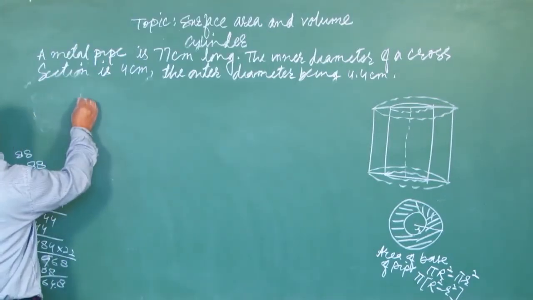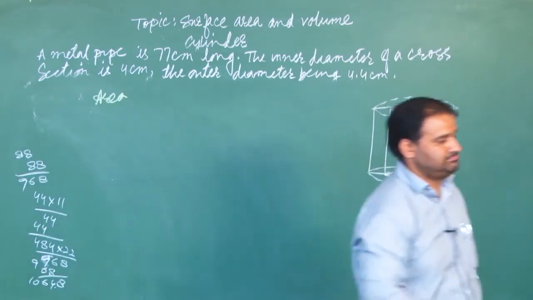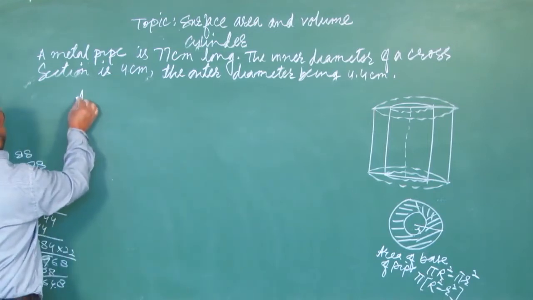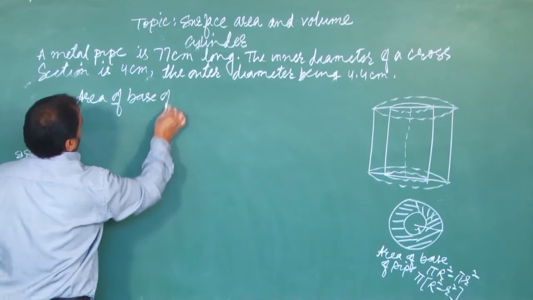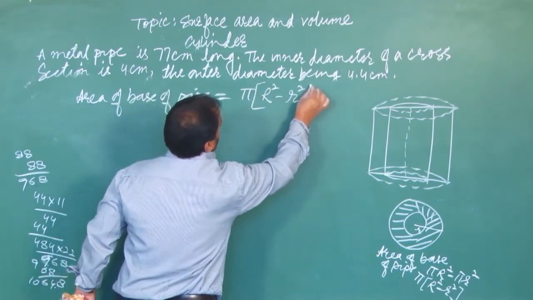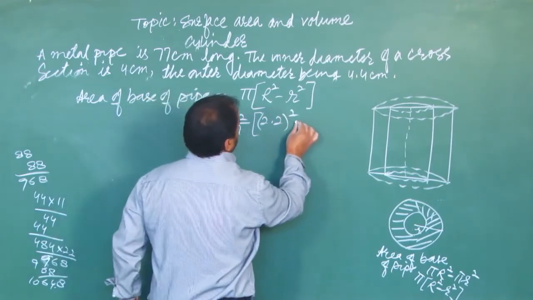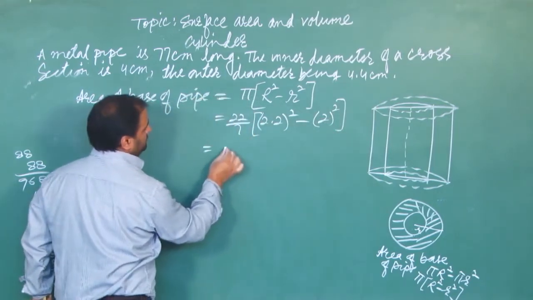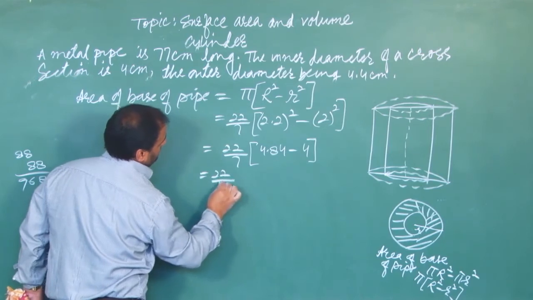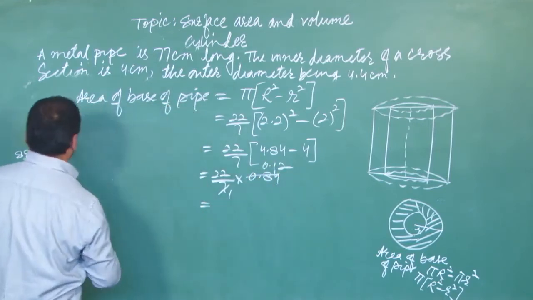So the area of the base of the pipe will be the difference between the larger circle and the smaller circle of the base of that pipe. Pi is 22 by 7. The larger circle has 2.2 as its radius and the smaller has 2. So it is 22 by 7 into 4.84, which is 2.2 into 2.2, minus 4. So it will be 22 by 7 into 0.84, that is equal to 0.12. Now 22 into 0.12,